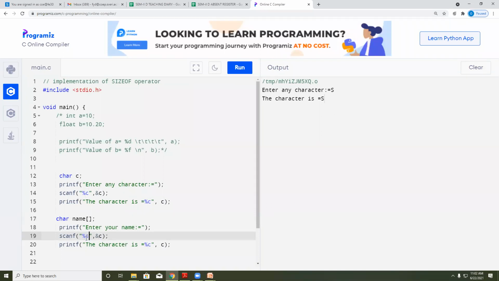Name is a collection of characters, so a collection of characters we also call a string. And for string, the format specifier is %s. Here I am going to store the value into the variable name, the identifier I have taken as name, and the same is going to print with %s.